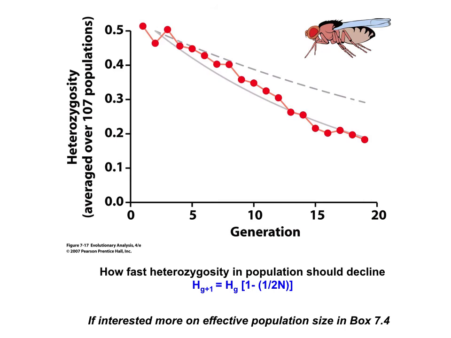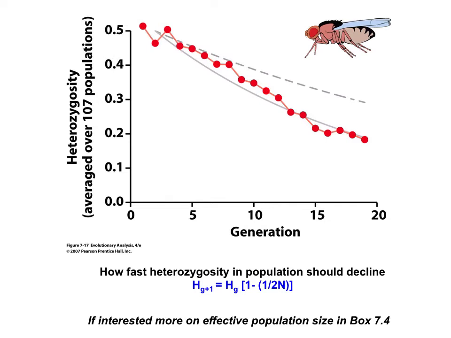This figure from the book shows the decline in heterozygosity. And so this is the average frequency of the heterozygous individuals in each generation, averaged over all 107 populations. So we're not looking at the individual populations anymore. We're taking the average of the 107 populations. So obviously in generation 0, all the populations were heterozygous. All 107 populations had all the individuals heterozygous. So you can imagine that the first point would even be up there at 1. But then in one generation, we see that the heterozygosity